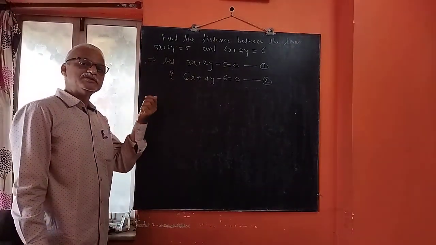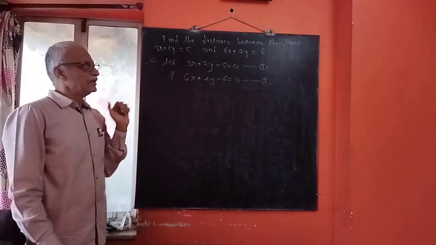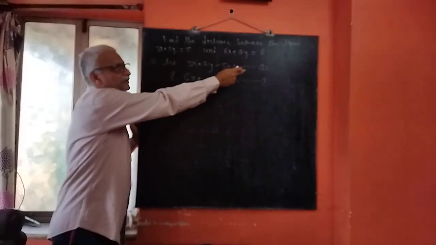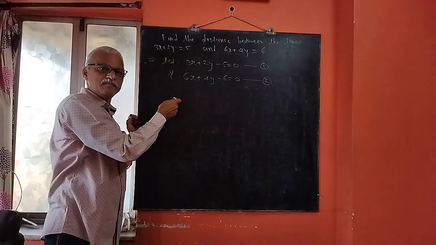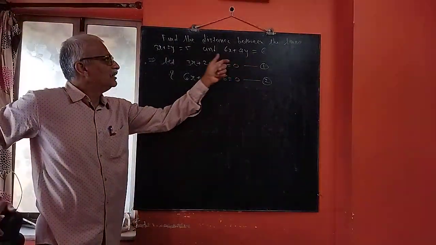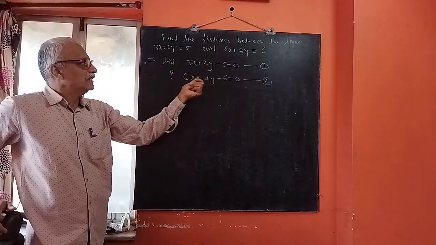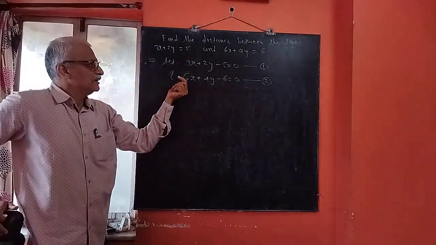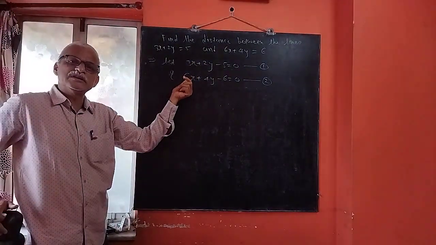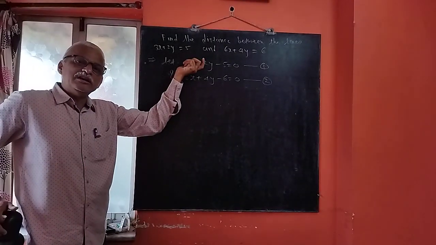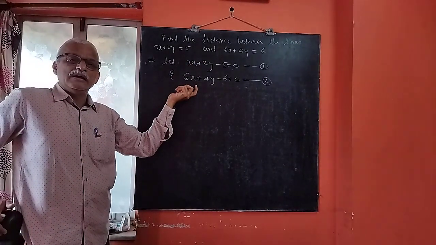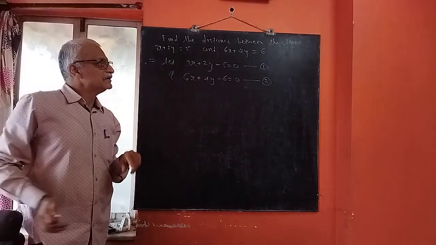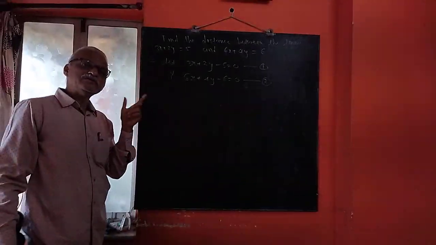Now first we have to make the coefficients equal. Here it is 3, here it is 6. We can divide equation 2 by 2, or you can multiply equation 1 by 2. One and the same thing. If you multiply equation 1 by 2, this will be 6, this will be 4, so the coefficients will be the same. If you divide equation 2 by 2, this will be 3, this will be 2. Again the coefficients are the same. We are doing this, either multiplication or division, to make the coefficients of x and y equal in both the equations. So it is always better to write the equation in the smaller form,